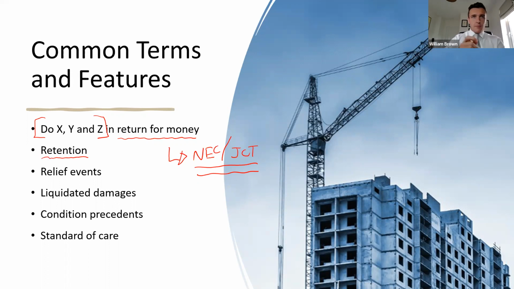This is retention. Before we get to your question, Thomas, just maybe to explain what retention is to people in the audience that don't understand that term. Retention is a pot of money that is normally withheld by the employer. So if the contractor makes an application for payment for £100,000 and pursuant to the contract, there is a retention percentage of 5%, the contractor will be paid 95. The employer withholds that pot of money, that £5,000 pot. The logic behind that is that pot of money can be used to correct any defects within the contractor's works. It would be uncommon to see it within a consultancy agreement, but it will be extremely common to see that arrangement with a contractor in a construction context.